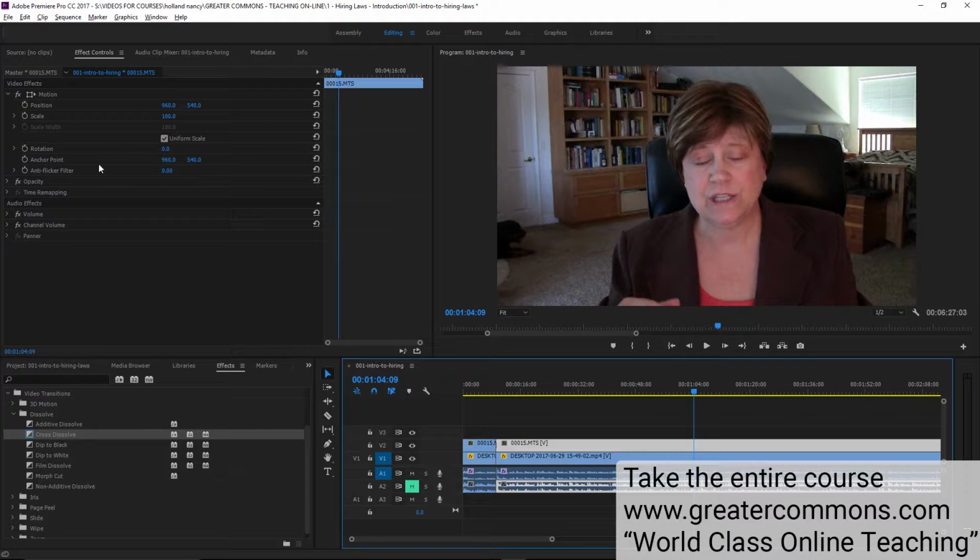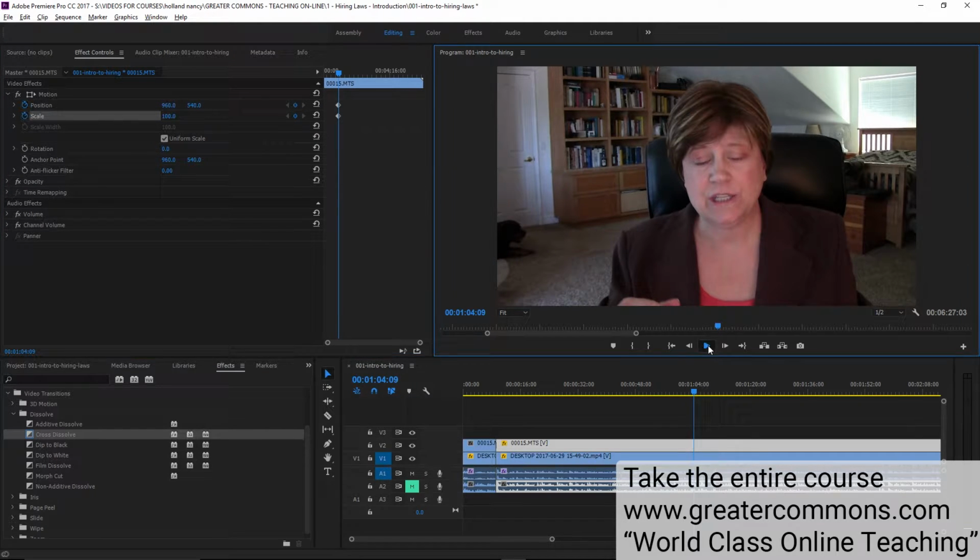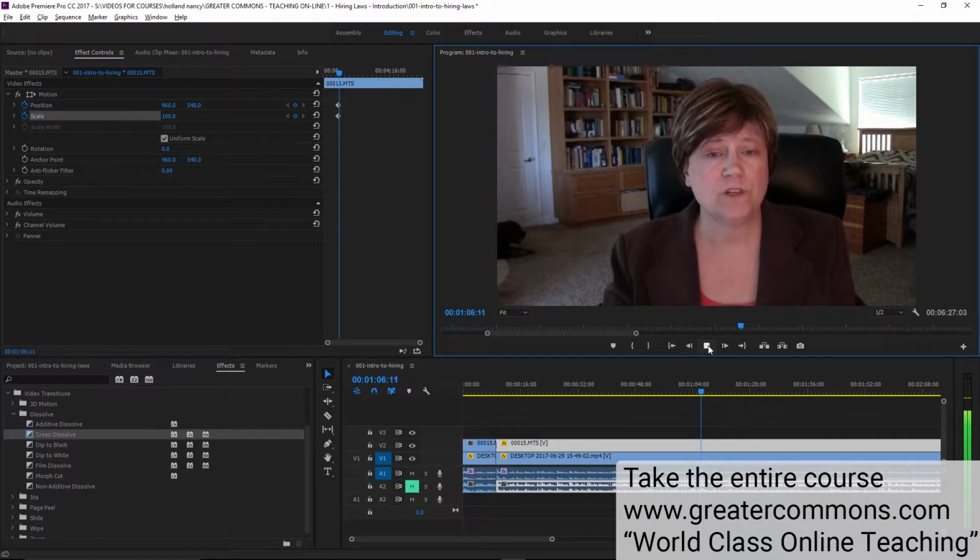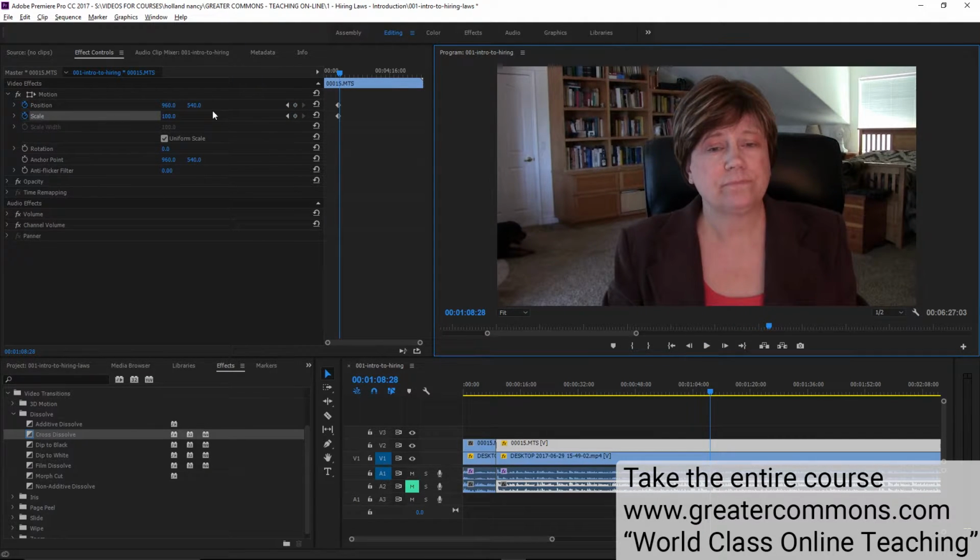So I'm going to turn on keyframes, and you turn it on by toggle animation for position and scale. And you'll notice the first keyframe got dropped. And now I'm going to play this for a moment. We're going to first of all look at knowing the laws. And then I'm going to end it here. So I'm going to drop another keyframe. And so from this point forward, once you've turned on these keyframes, you just hit this add remove keyframe,